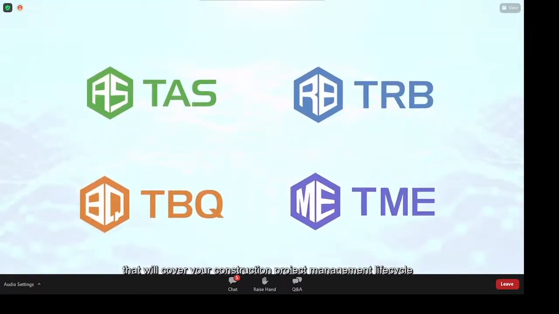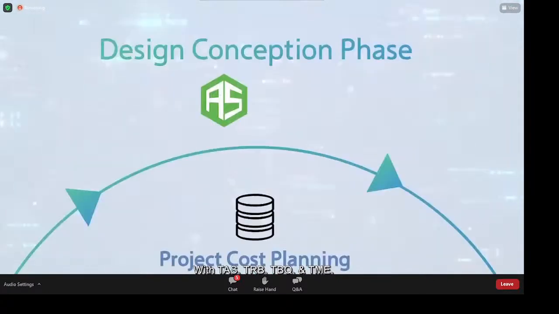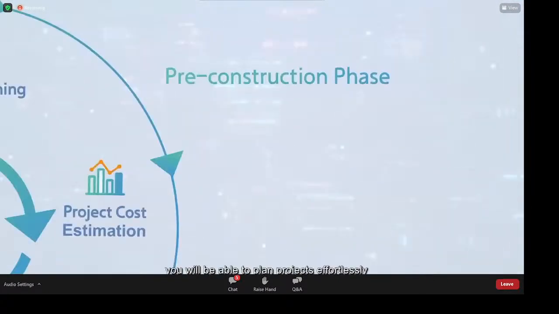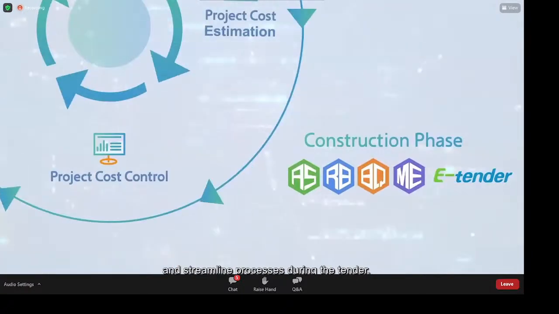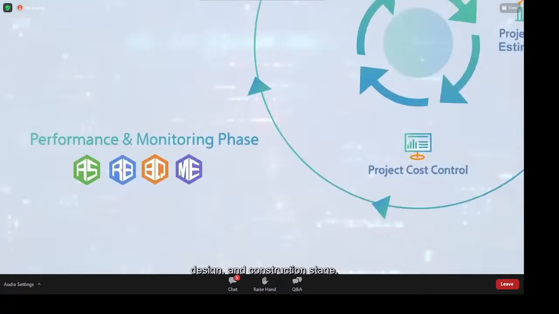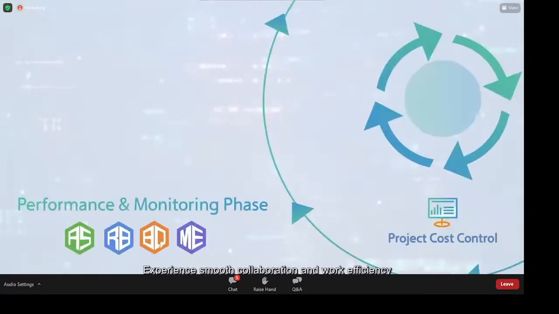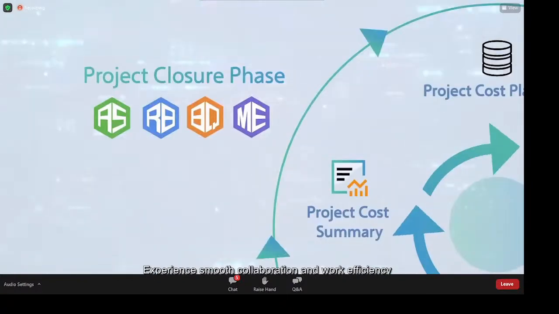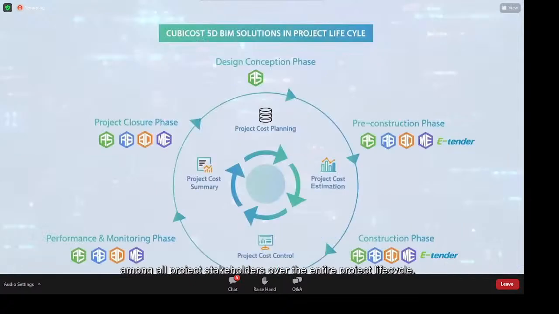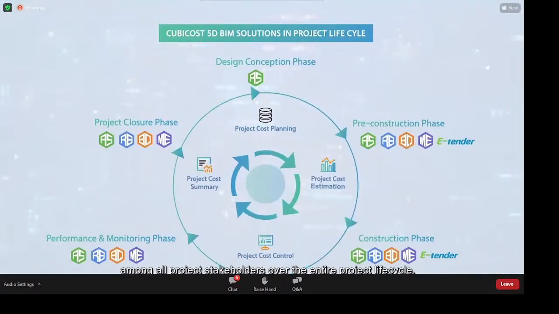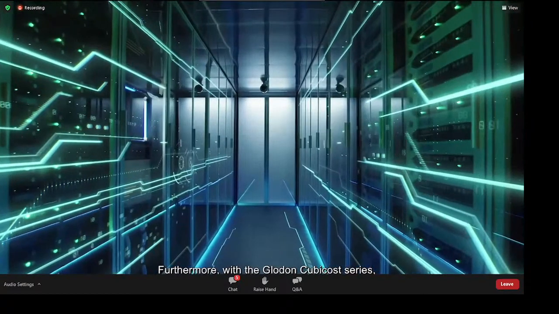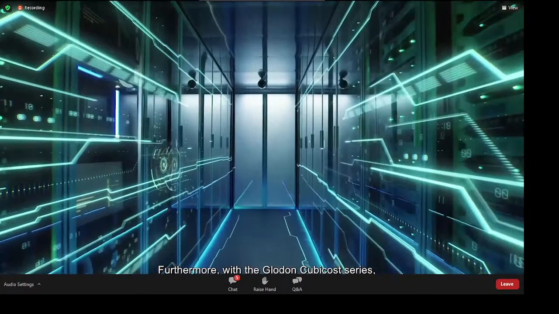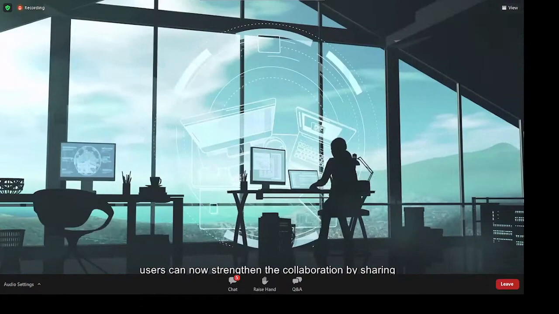With TAS, TRB, TBQ, and TME, you will be able to plan projects effortlessly and streamline processes during the tender, design, and construction stage. Experience smooth collaboration and work efficiency among all project stakeholders over the entire project lifecycle. Furthermore, with the Glodon CubiCost series, users can now strengthen the collaboration by sharing BIM model data online across all